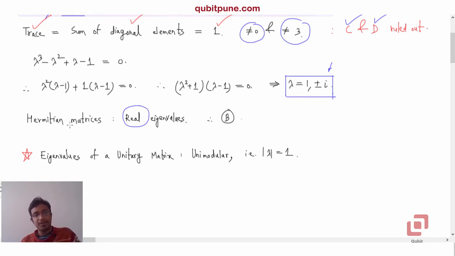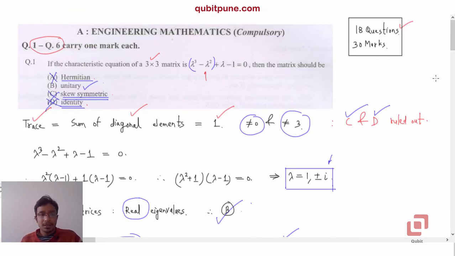The definition of a Hermitian matrix is that it is a square matrix for which, if you take the conjugate transpose, then that is equal to the original matrix. So it is basically the complex version of the real symmetric matrices. We already obtained option B by elimination, but you can also solve this question otherwise: eigenvalues of a unitary matrix are always unimodular, meaning that their absolute value or modulus is equal to 1. Which is the case with all the eigenvalues here, 1, i and minus i, and hence it is option B.